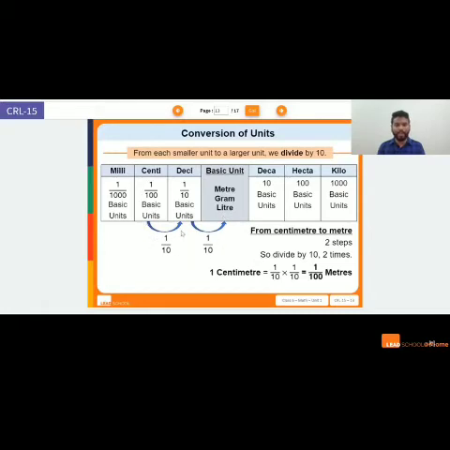I will divide it by 10, 1/10 and I'll multiply it two times because there are two steps. So 1 centimeter is equal to 1/10 of basic unit and 1/10 of that basic unit. That is 1/100th of one basic unit or meter. If it is 1 centigram, then it will be 1/100th grams. If it's 1 milligram, then it will be 1 by 10 into 1 by 10 into 1 by 10 because we're moving 3 steps now. That will be 1000th meter.